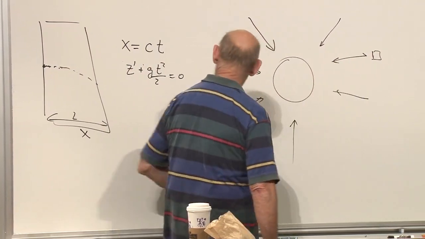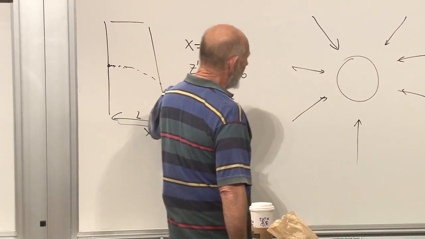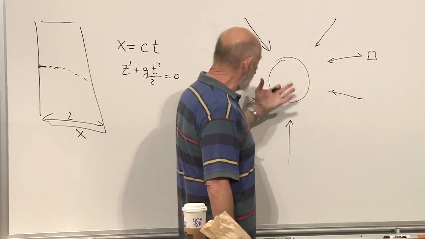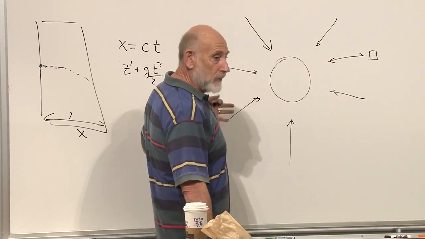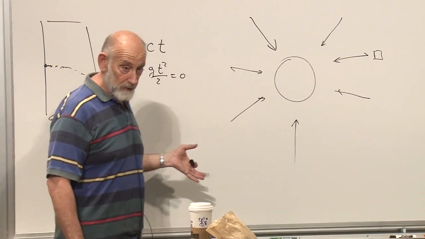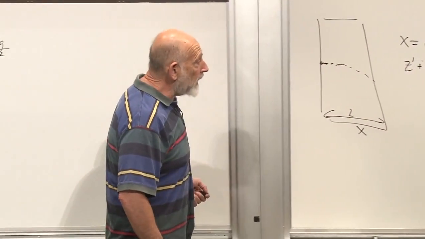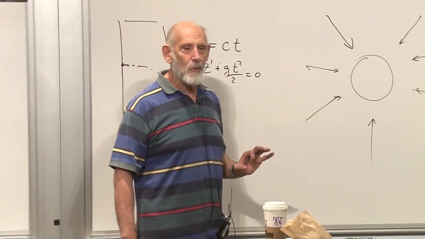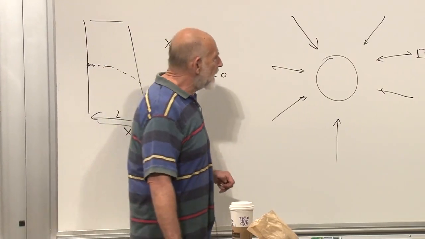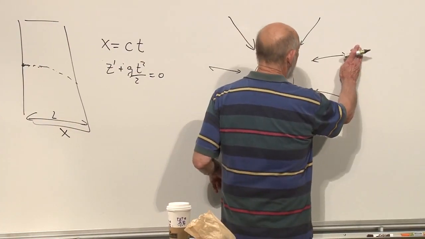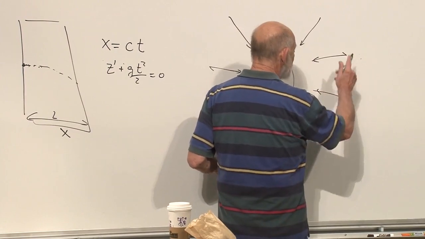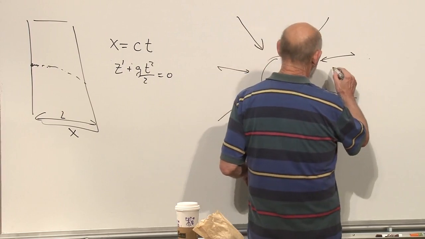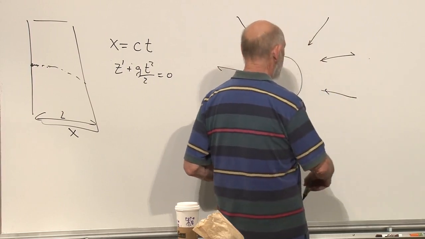If you make a transformation like this, it might get rid of the gravity over here for this infalling object, but the same transformation on this side will just increase the gravitational field. So no, there is no way to get rid of it. We know there's no way to get rid of it. And one way to understand why you can't get rid of it is because if you think of an object which is not very, very small in this gravitational field, let's suppose it's